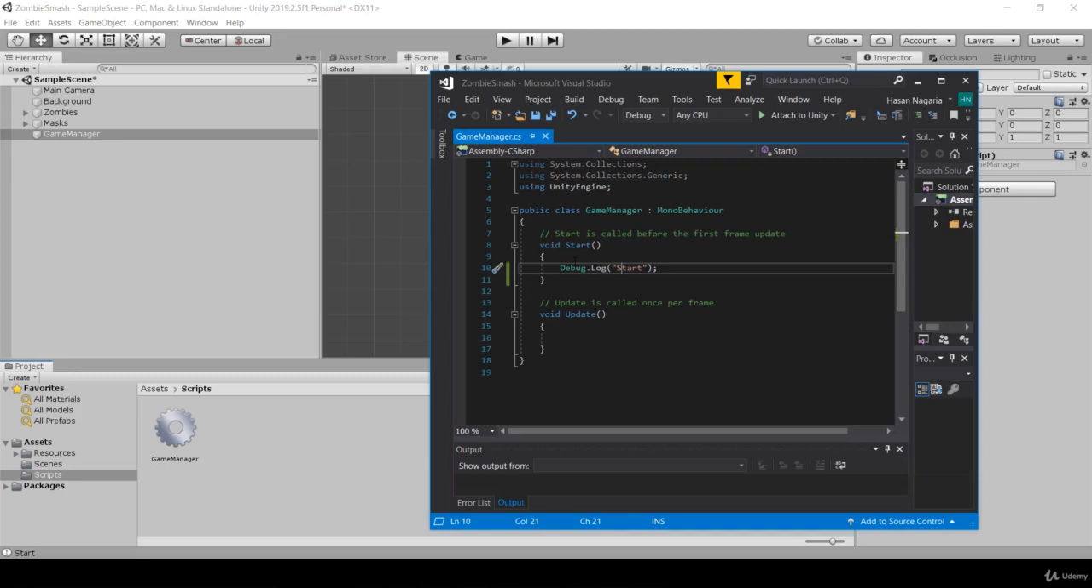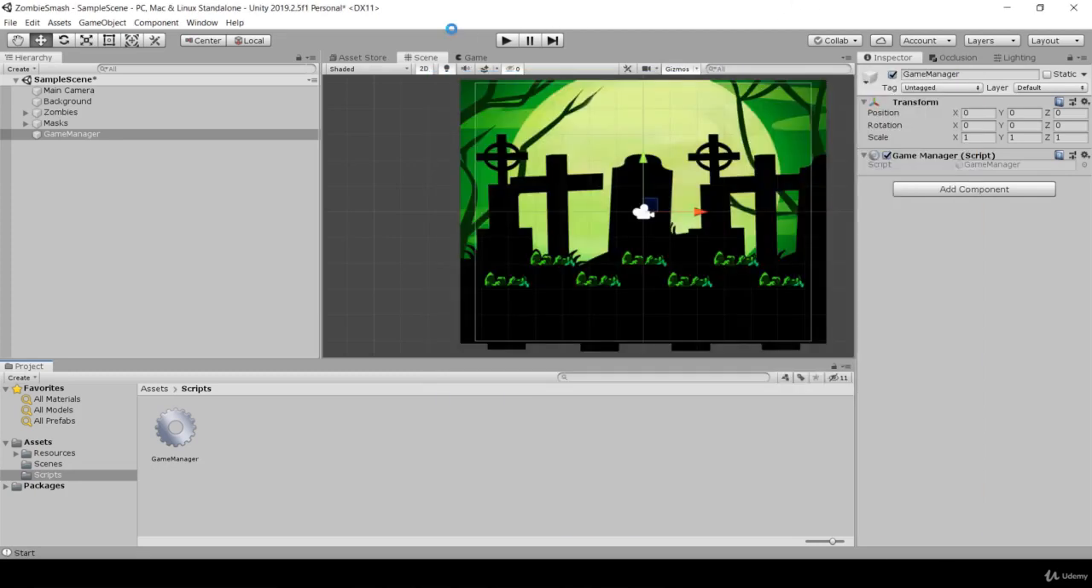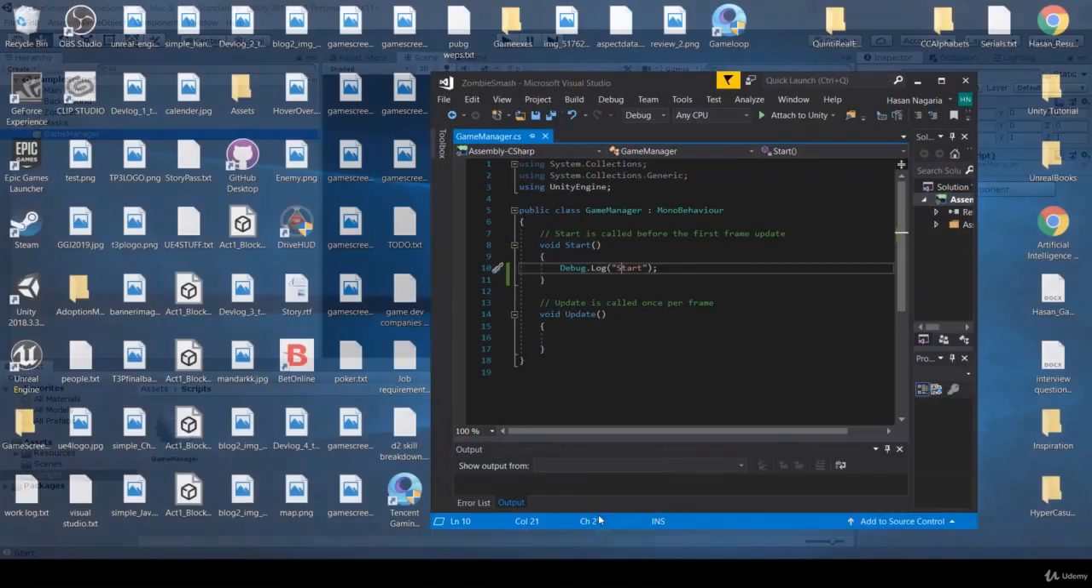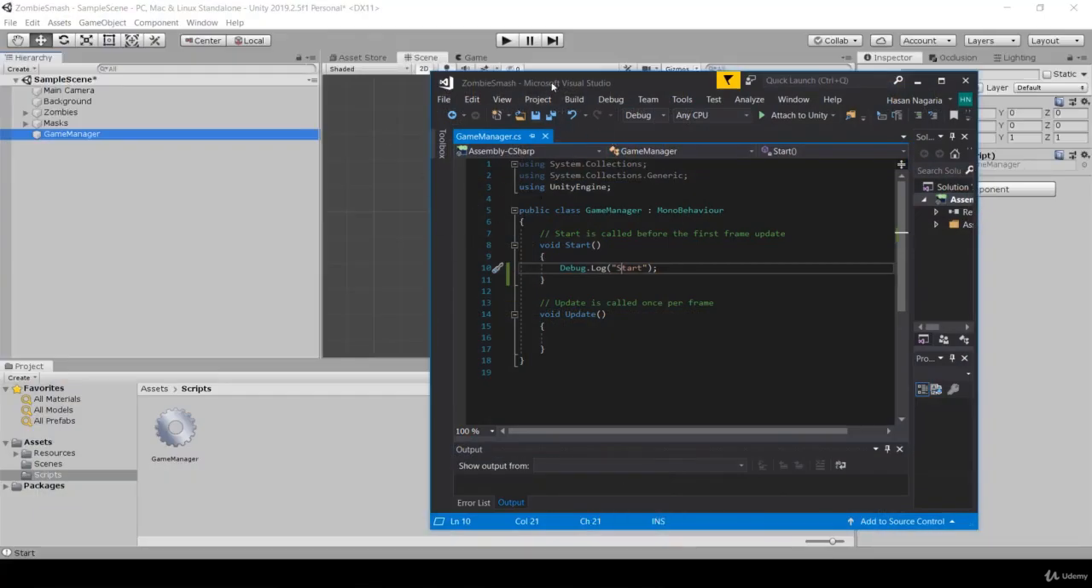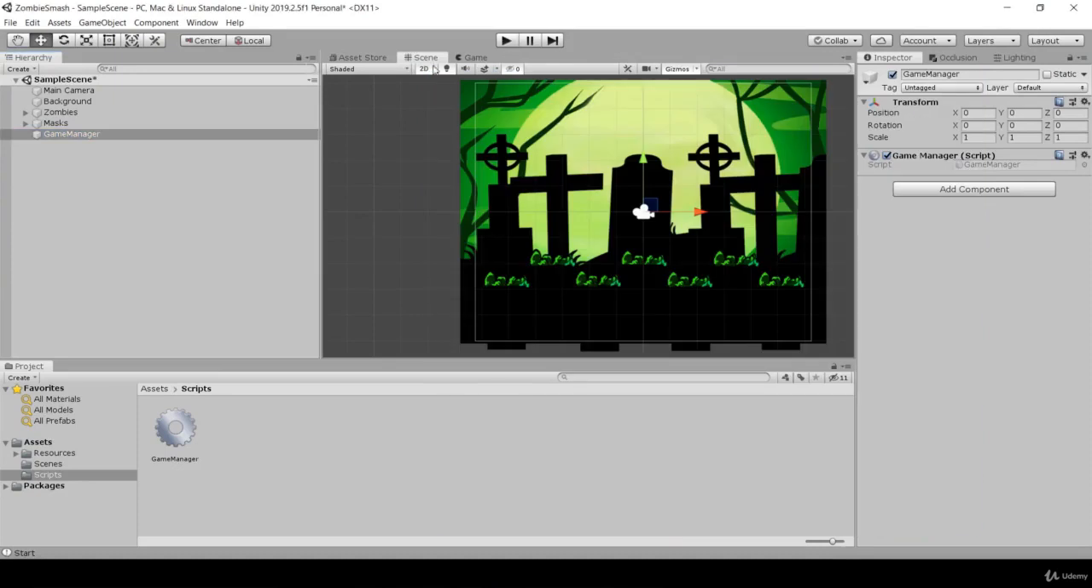I'm going to press Control S to save this script, and jump back into Unity. Now, let's quickly talk about what's going to happen. This game manager has this game manager script. When I hit the play button, the game manager is going to look for its script and then it's going to play that message. So if I hit play now,